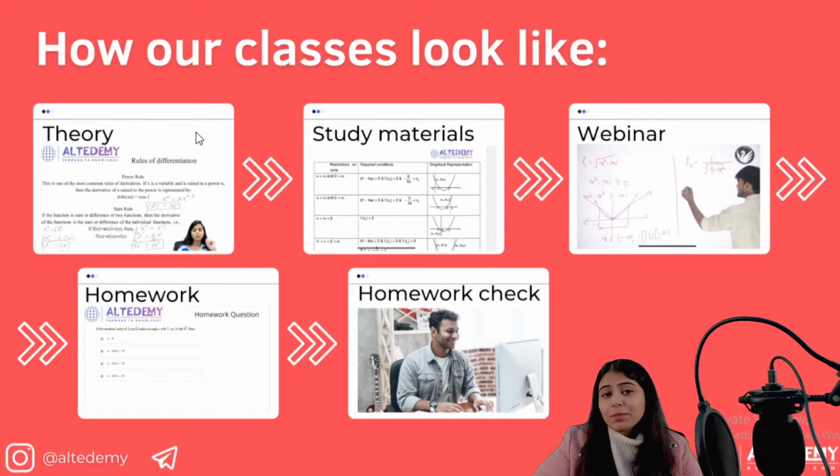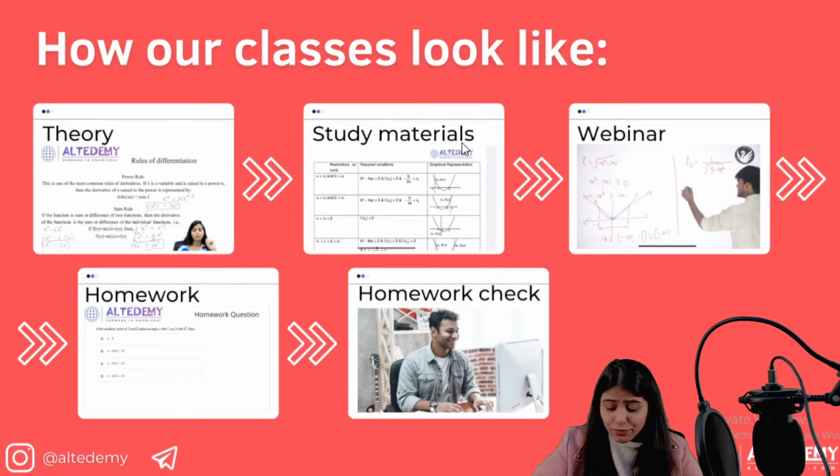So the flipped classroom method, I tell you guys, this is such a good method. It increases your efficiency so much that it has been followed in Harvard University. Talking about India, it is followed in IIT Delhi. So for anyone, I would suggest you follow this method whenever you attend my webinar, or anyone's webinar.